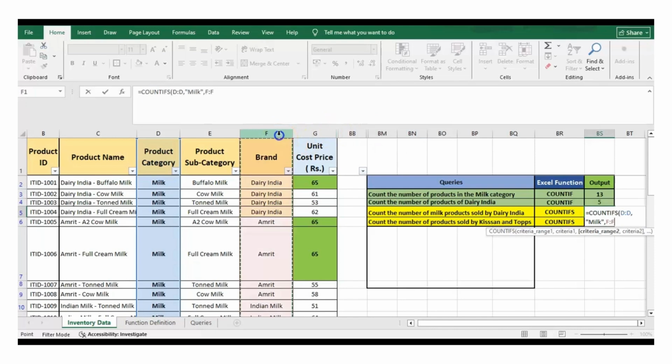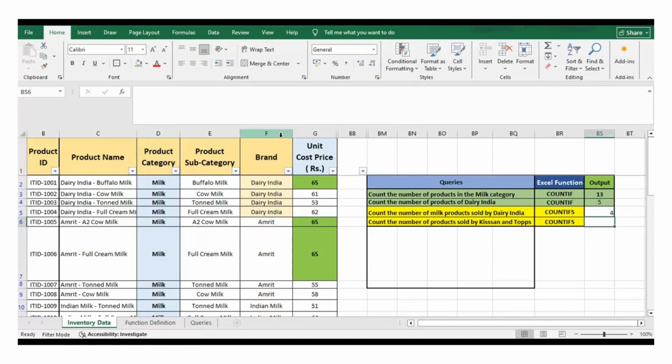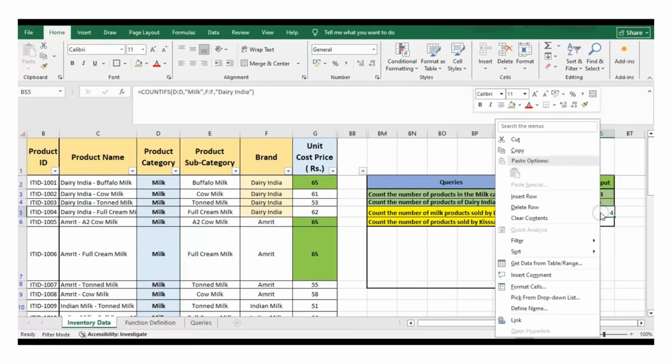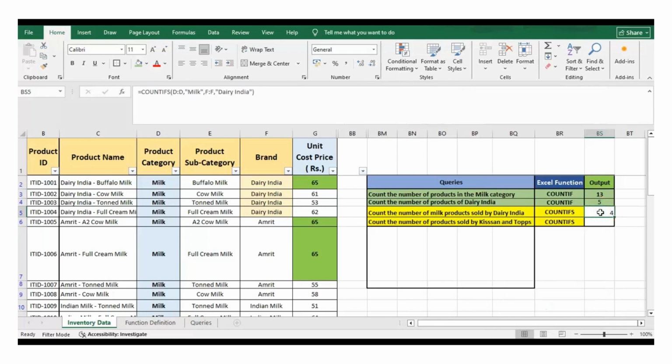Select column F and give the criteria, which is Dairy India. We can see that we have received an output as 4, which means that there are 4 products present in